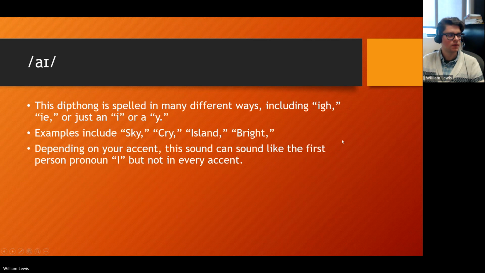The second diphthong I is spelled in a lot of different ways. So you're going to just have to learn through context and practice, but the most common spellings to look out for are IGH, IE, or sometimes just an I or a Y. Examples include sky, cry, island, bright, and depending on your accent, this sound can sound the same as the first